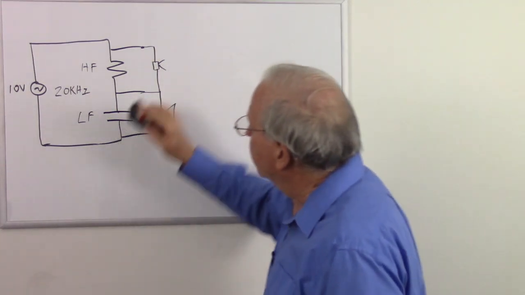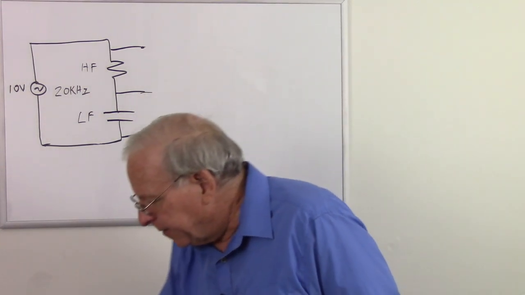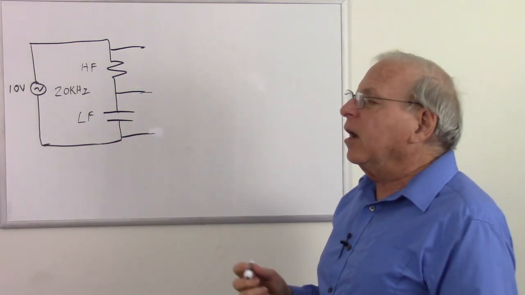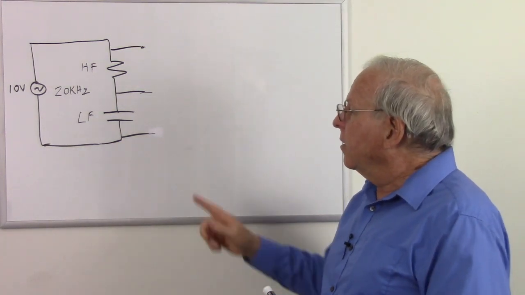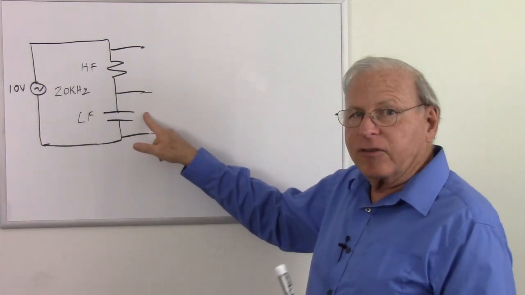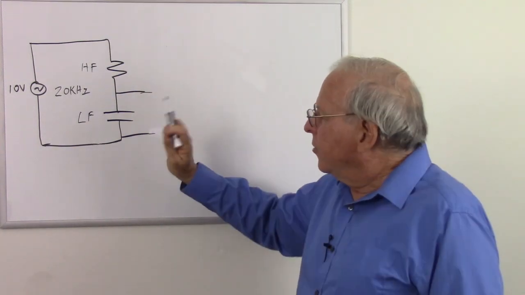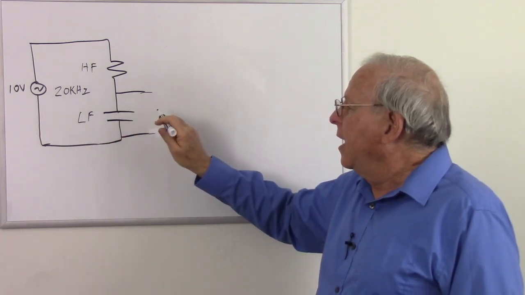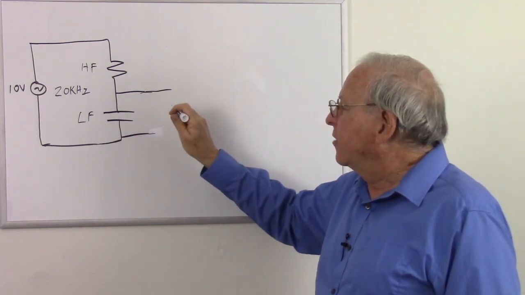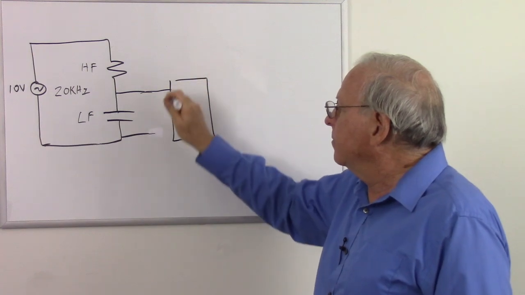So instead of running that straight to the speakers, we can create a filter that will, let's say we want to block high frequencies. Well, this is going to have its highest voltage at low frequencies. So we can make a filter that only passes low frequencies, a low pass filter, by putting our next circuit, whatever that is,